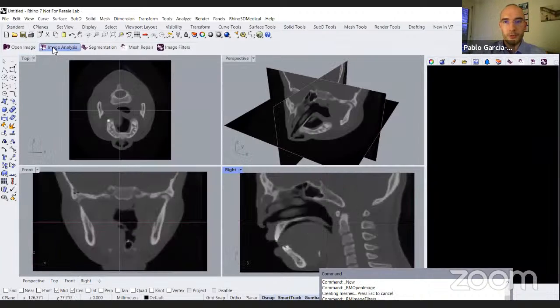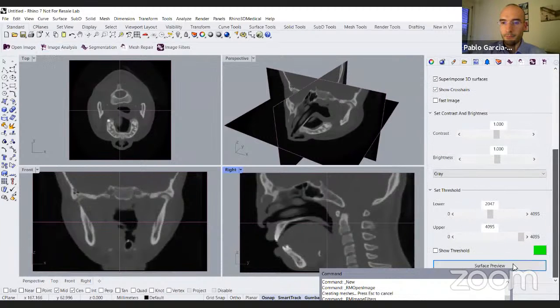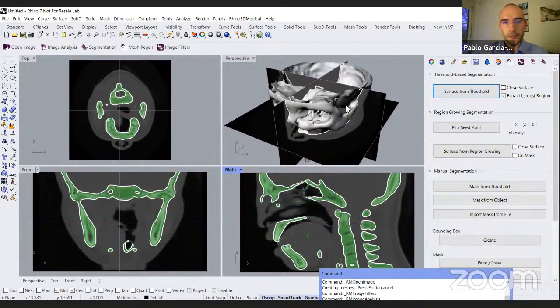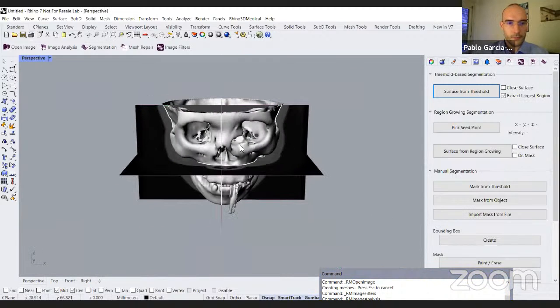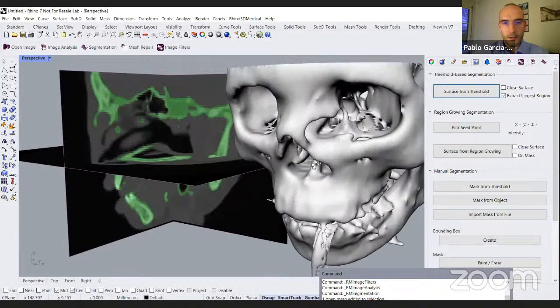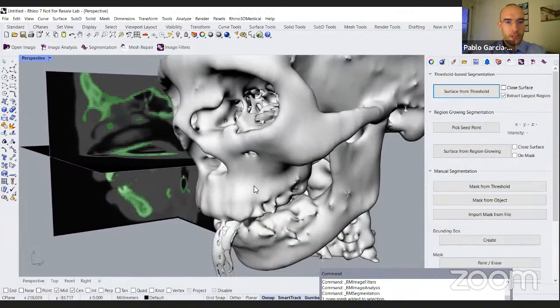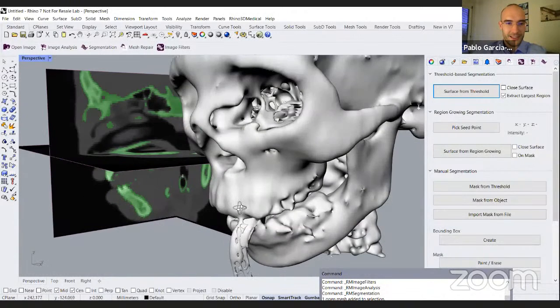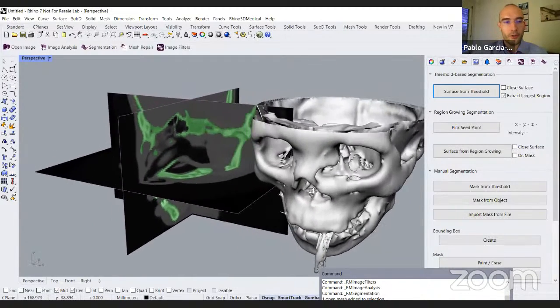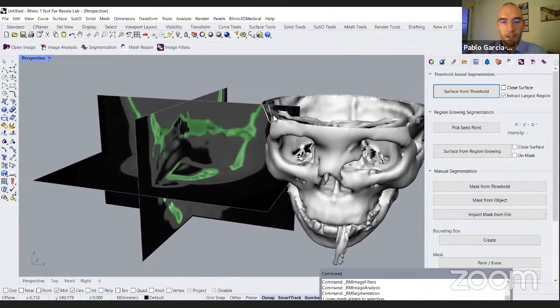so that when you segment it, it gives you a smoother mesh. Okay. So this mesh has been smoothed, and you see, for example, that the teeth are a bit blurred, and it's a way of removing some noise of your image. This is a very